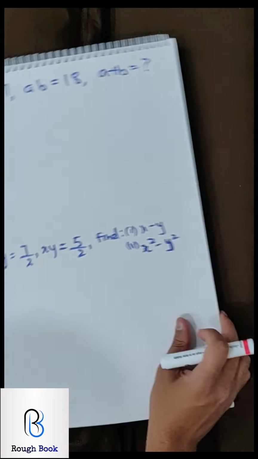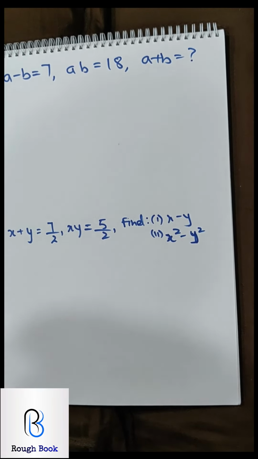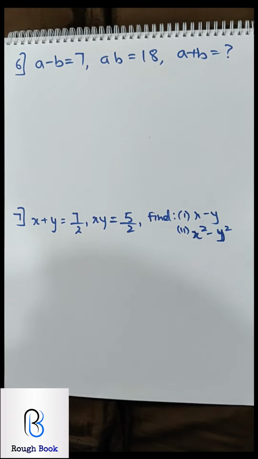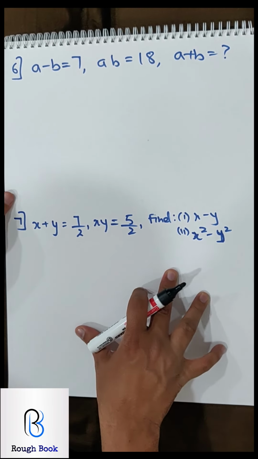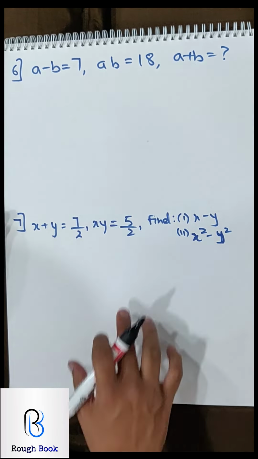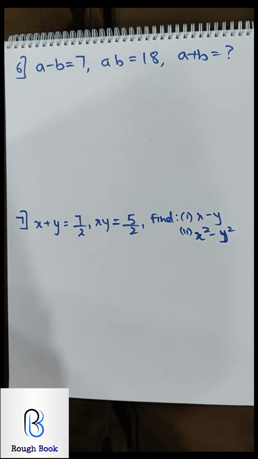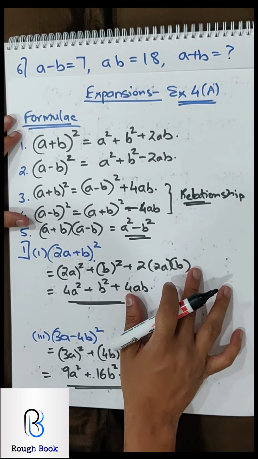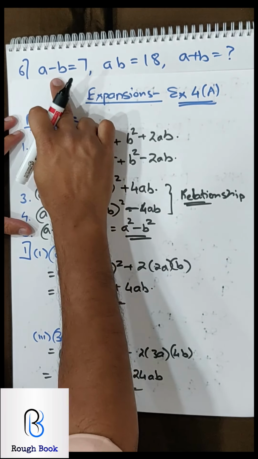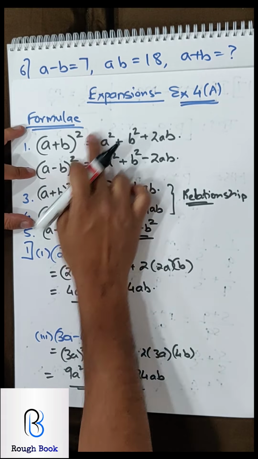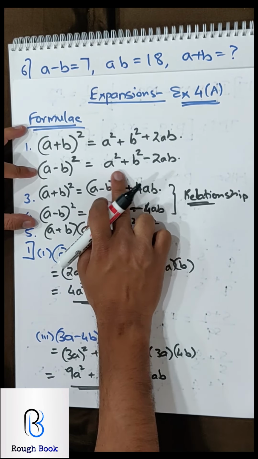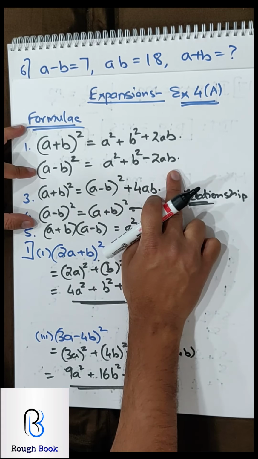Let's go ahead, question number 6. Now the real questions will begin. So we are now heading ourselves to the sums which can be expected in the exam. So here you've been given a minus b, ab and a plus b is what your target is. So if you are smart enough, you should have your list ready of formulae. If you look at the formulae, a minus b is right here, ab is also here, a plus b I need, but here I have a square b square, so I am unable to use this.